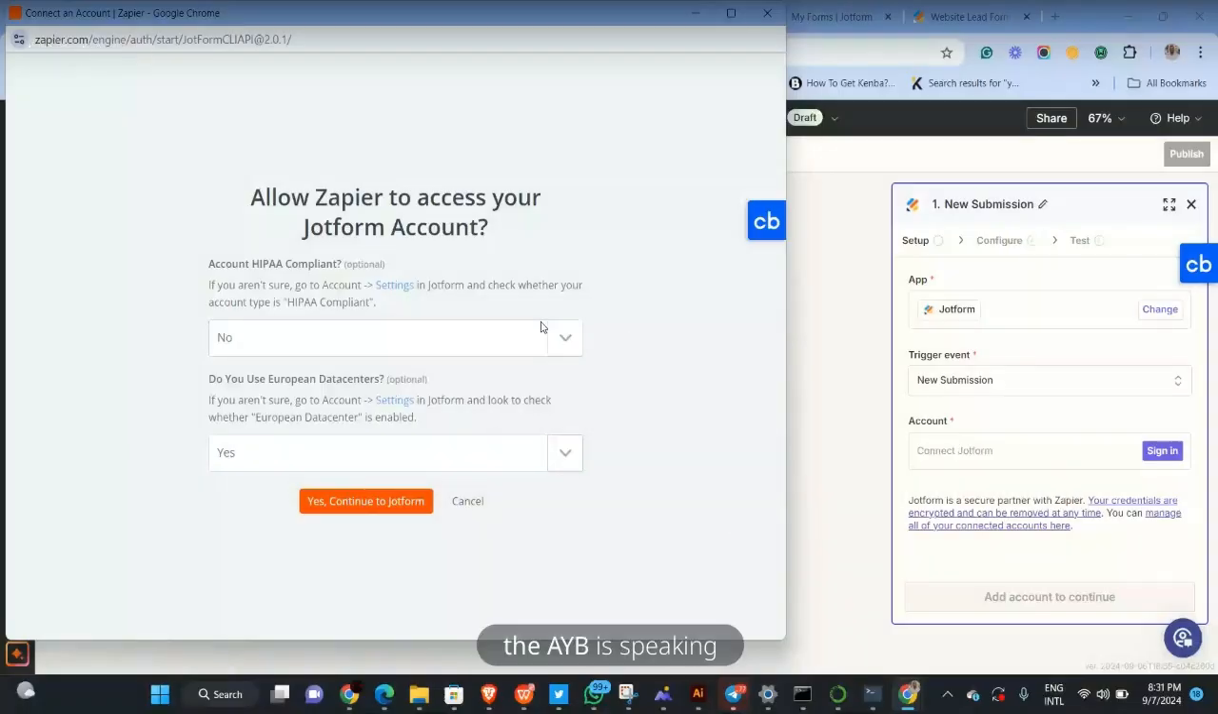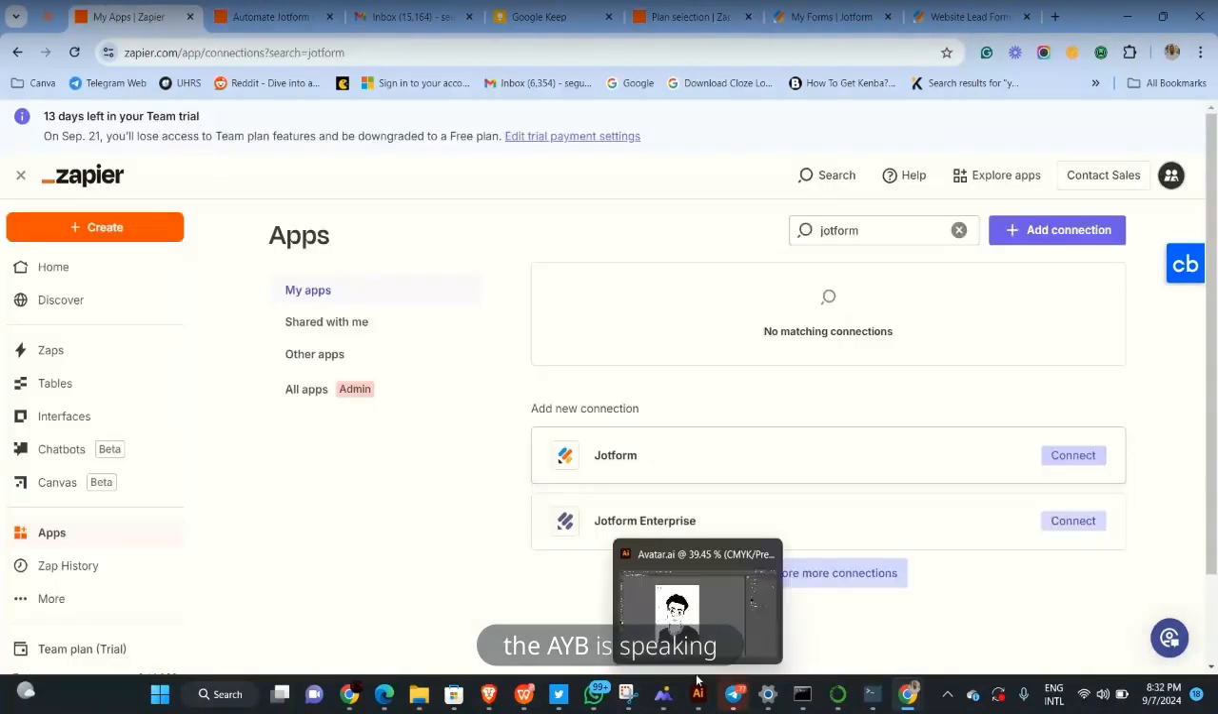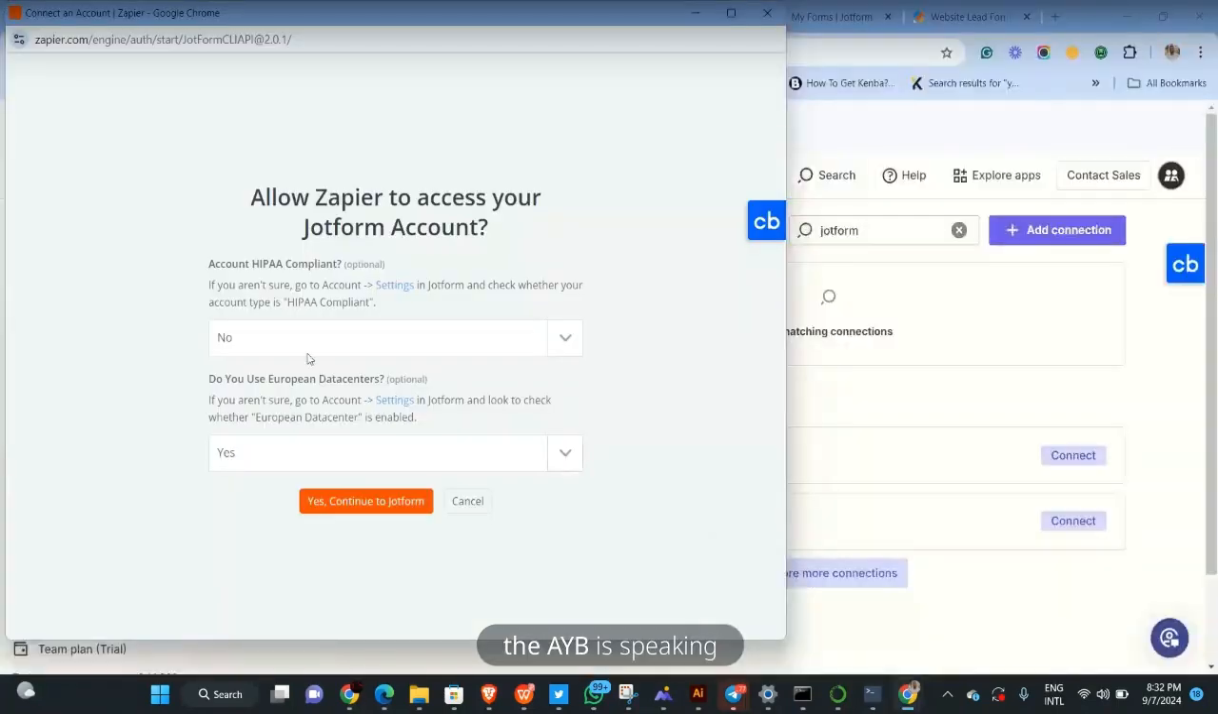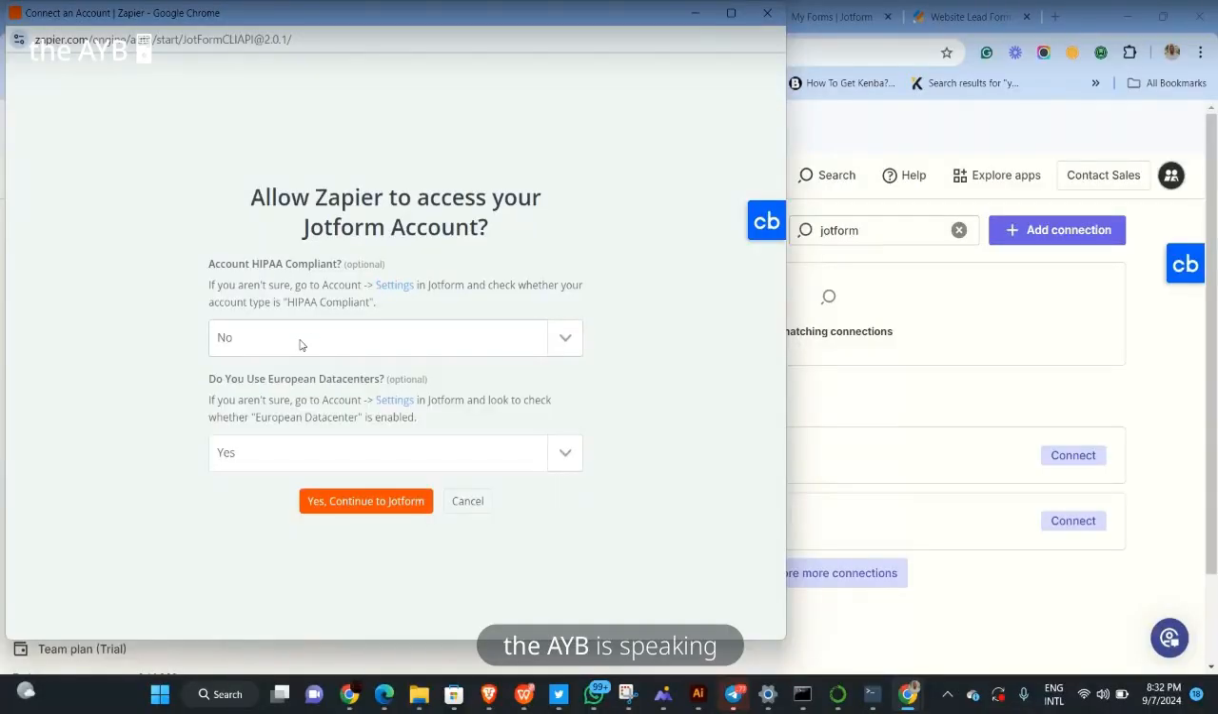Hello? Can you see this, it allows Zapier to access your JotForm account? Yes. Okay. So once I click this connect button right here, this is exactly what we show. The option that you choose first is going to be no, and the next one will be yes. It is no, yes. If it asks you, do you use European data center? You choose yes. And once I click on continue,